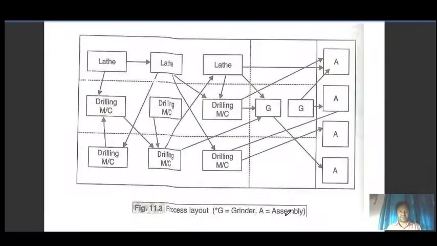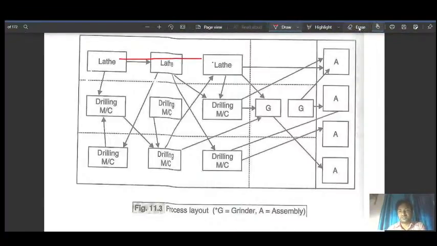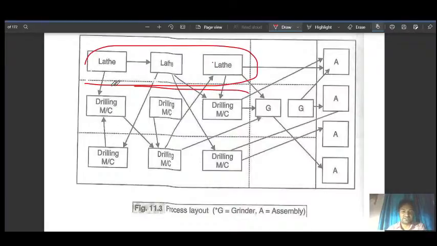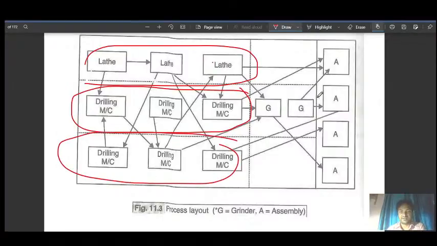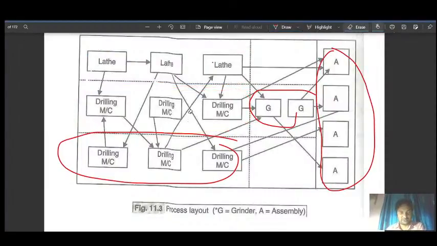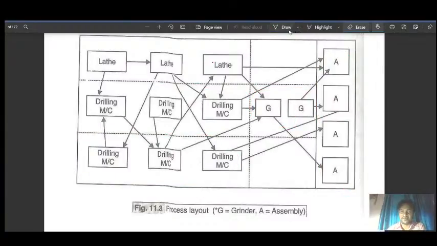So as you can see, this one, lathe, lathe, lathe. This one is a general case when you have not thought about the future, and then you have installed your lathe machine like this, drilling machine like this, and then drilling machine again like this, and then grinding machine here, and assembling of your parts here. So consider this scenario when you have not thought about the future, what will happen in future.